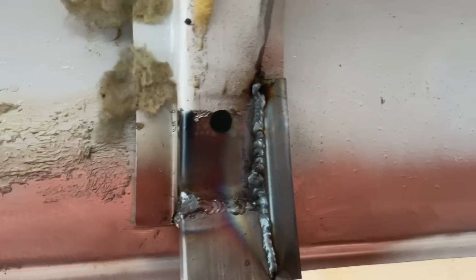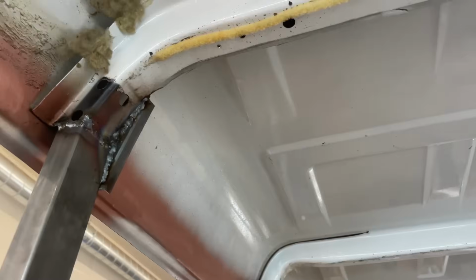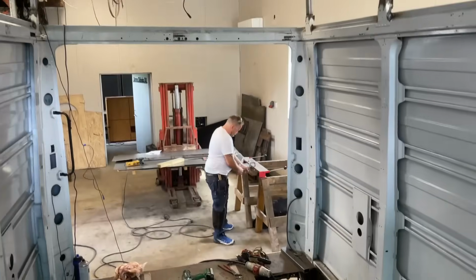With this support now, I think this is strong enough to actually be having a roof terrace on top of this, I hope. There's a lot of hope in this build, but...